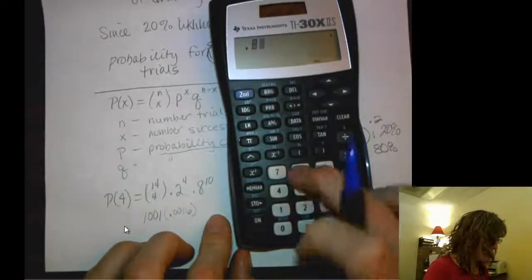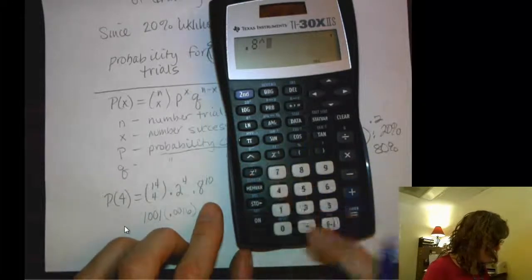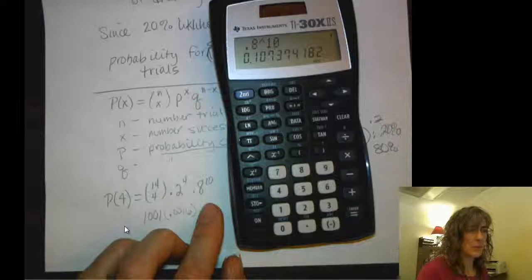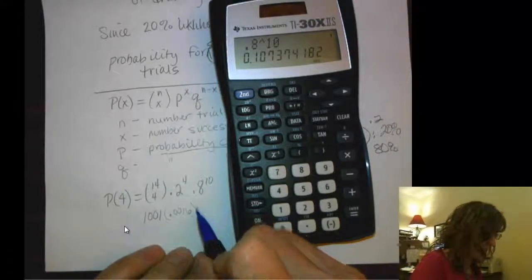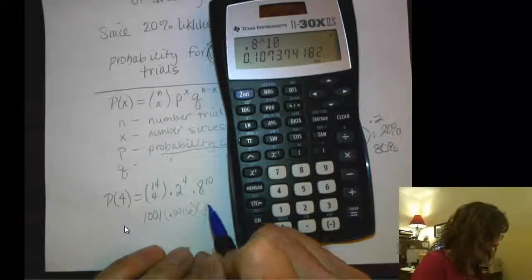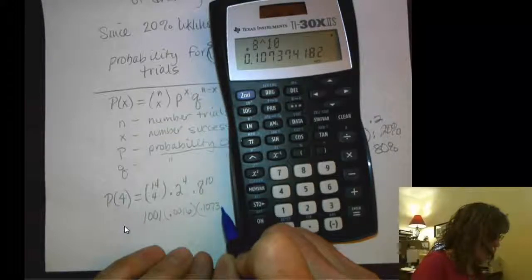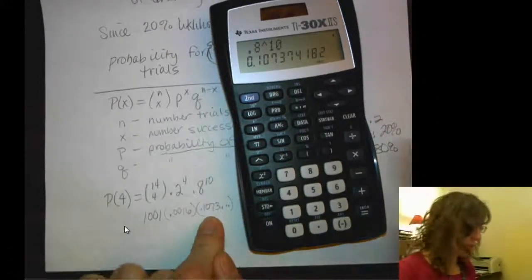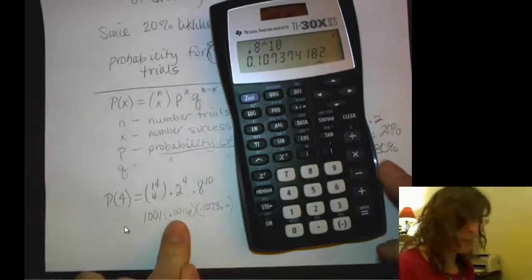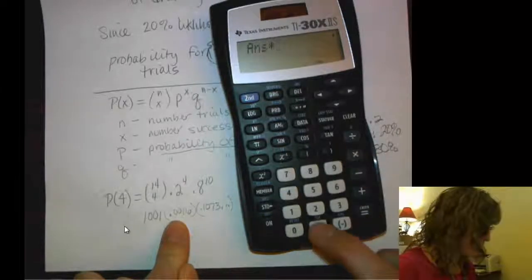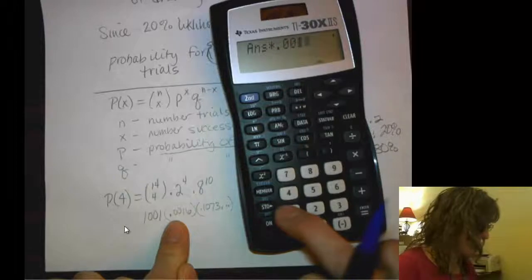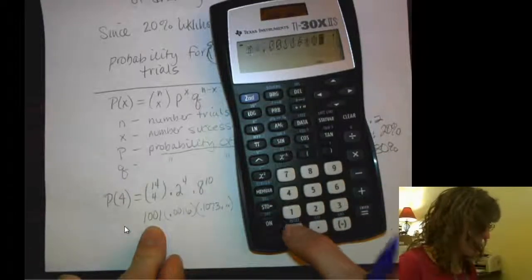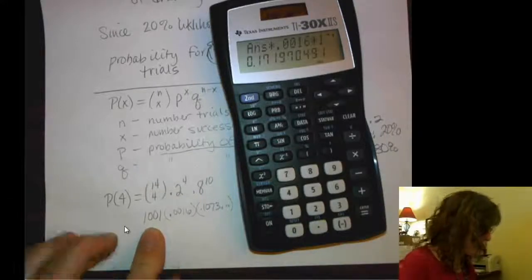And then I'll do 0.8 to the 10th. That's my last piece, and probably a long decimal because I have a high exponent. 0.1073, I'm just going to write dot, dot, dot. And then take that, leave it on your calculator, and I'm going to multiply by the other piece. So times 0.0016 times 1001 equals